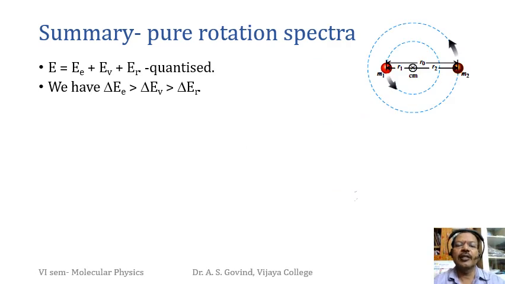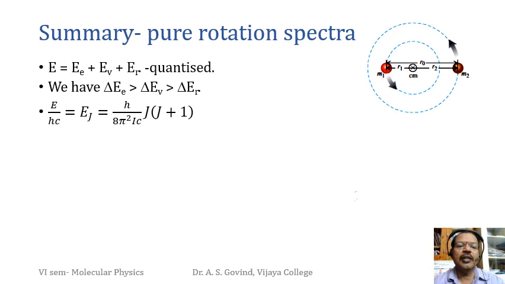And we consider a diatomic molecule as two masses connected by a rigid rod. We don't consider any variation of distance because we are considering the pure rotation spectrum. And in the diagram, masses are m1, m2, Cm is the center of mass, and the distance from center of mass to each mass is r1, r2, r0 is the total distance. And the energies are calculated. This is already explained in lecture 1.